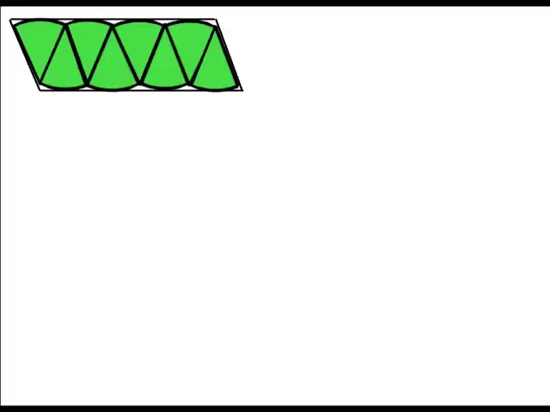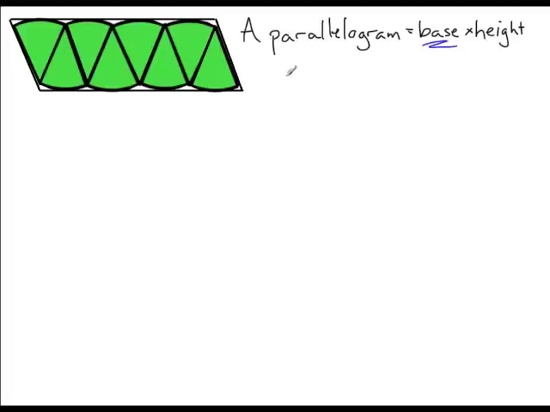So what we already know is that the area of a parallelogram is equal to the length of the base times the height. Let's think of this, though, in terms of a circle. Let's start by looking at the base. So the base